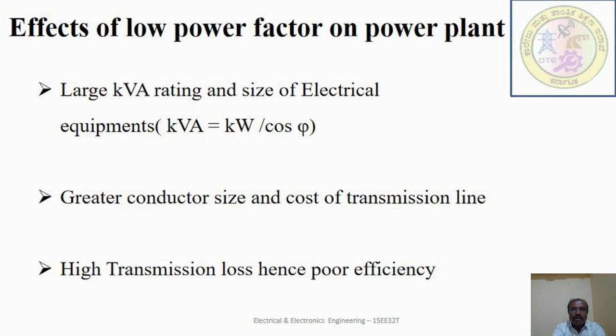The copper losses are proportional to the current squared. If there is poor power factor, there is more current flowing in the circuit and it is not contributing to the power dissipated in the load. That extra current leads to power dissipated in the wires. That's why they are called copper losses.